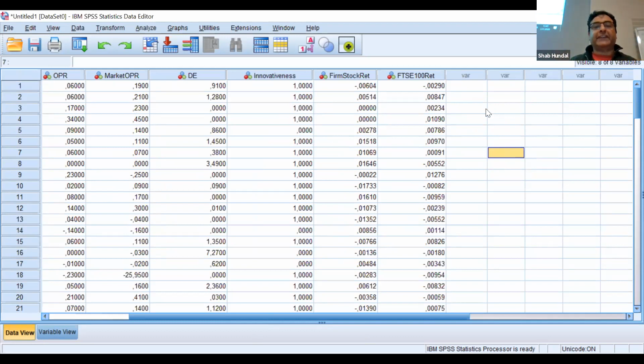So for example, from the literature, we make a conclusion that the firm return, which means the company's stock return, the firm stock return, depends on, so function of